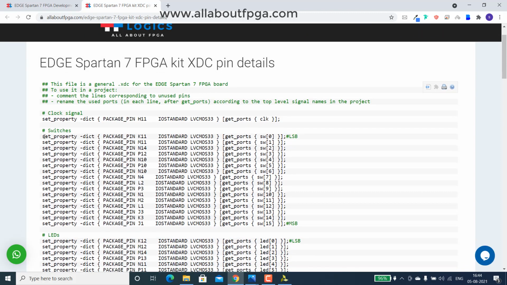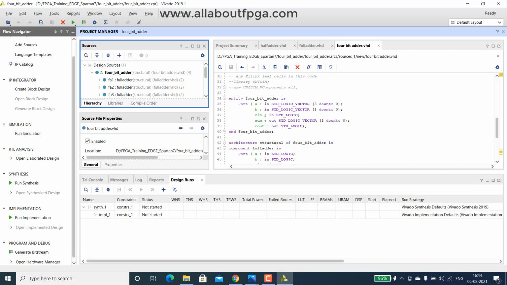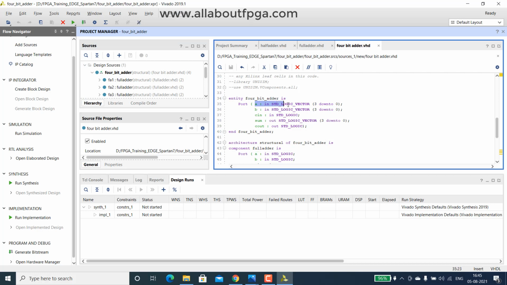Here we need actually the input consists of A 4 inputs, B 4 inputs, and carry in is another input. Sum is an output of 4 bit, carry out is the output. So we require 9 inputs and 5 outputs.